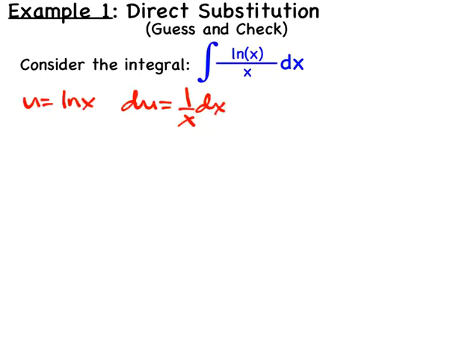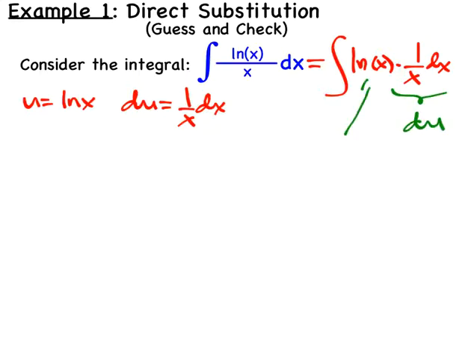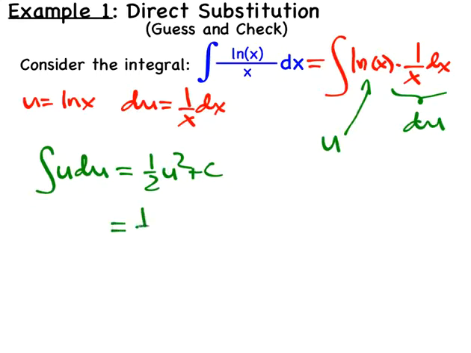And we should be able to see that this problem is the same as writing natural log of x times 1 over x dx, where the x is in the denominator. In doing so, this becomes our du, this is our u, and we can complete the substitution. We say, well, the antiderivative of u is 1/2 u squared plus c, and then we return u back to its original function. So we have 1/2 times the natural log of x squared plus c,